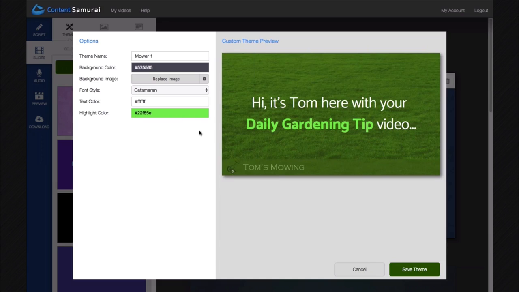Okay, so here we go. So we've uploaded our image. It's got the Tom's Mowing branding down the bottom. We've changed the font to Catamaran, and we've made the highlight color green. Again, I'm not sure if you'd go green in this case. It kind of blends in, but I think it works. So what we'll do is we will save that theme,